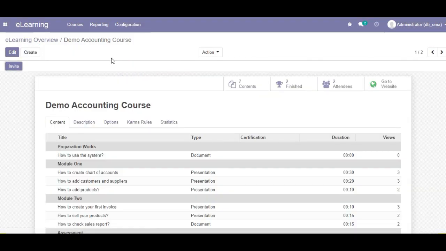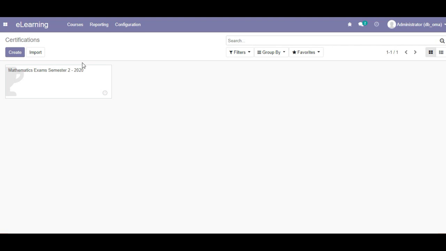As part of the subject or the course, student can complete online exam, or this system they call it certification. I put a sample here called Mathematics Exam Semester 2 2020.